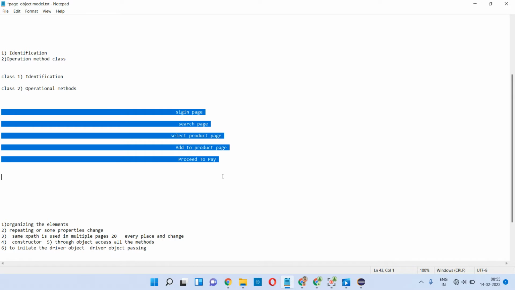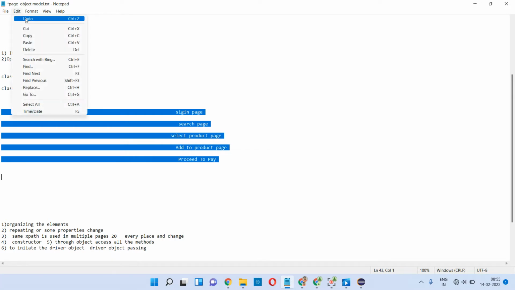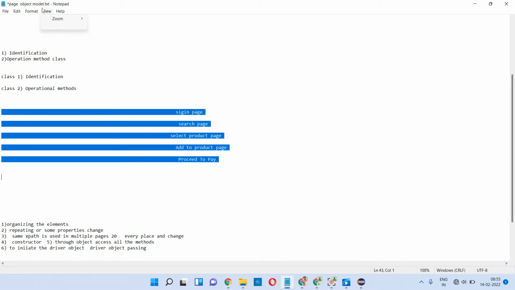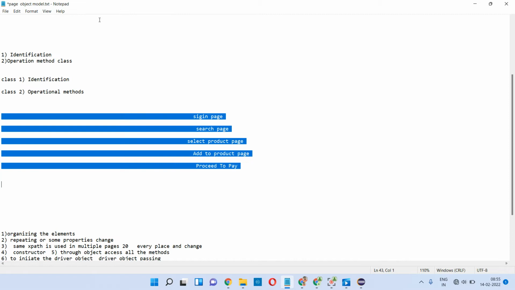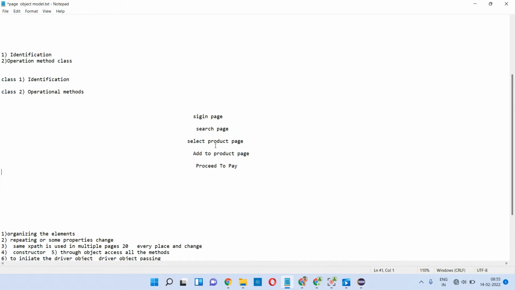So these are the five domains I'm going to cover. Pages will be in separate classes and testers will be in their separate class, so that we will execute in that way.